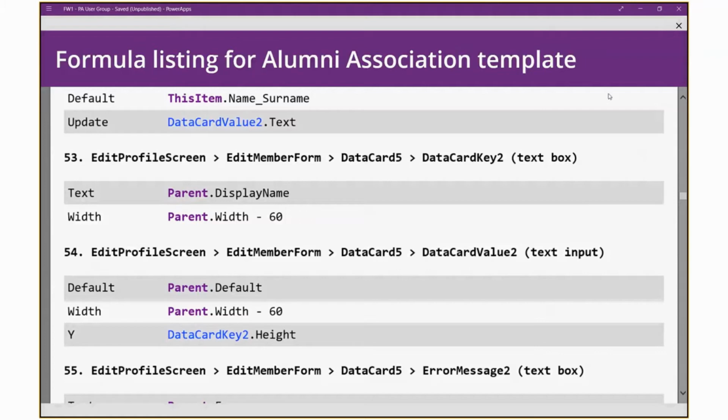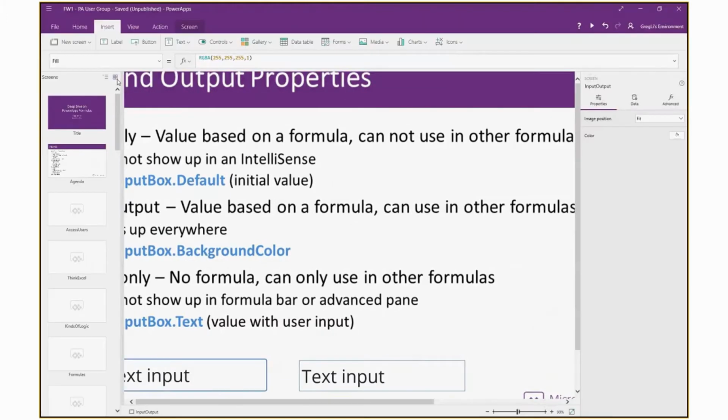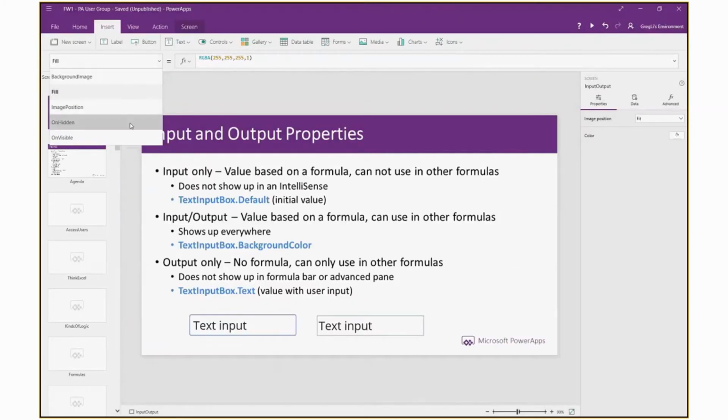Okay, so we keep going. Input and output properties. I want to talk about this quickly just because it does cause some confusion. When I was showing you earlier this dropdown, these are input properties or input-output properties. These are properties for which I can set a value. There's another set which are output only. So this text box,